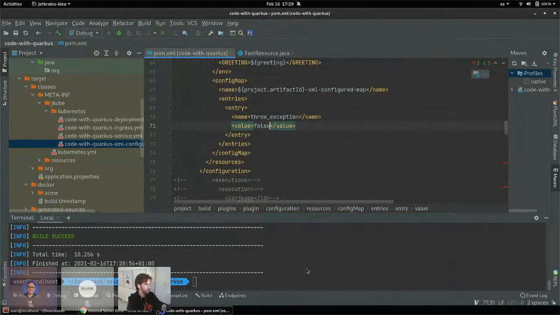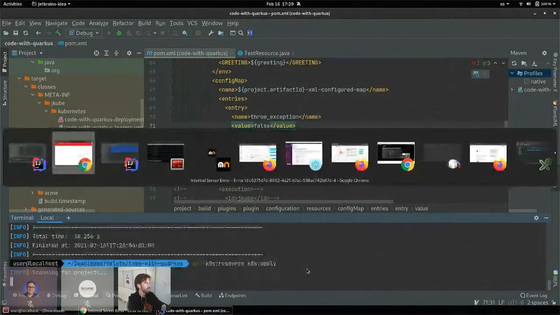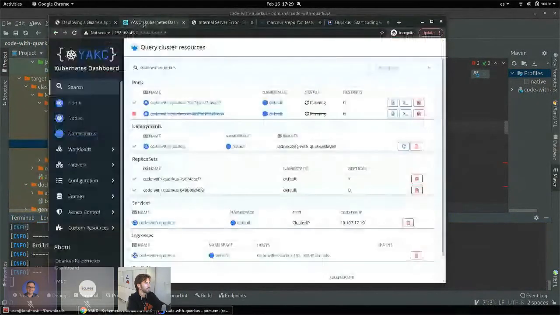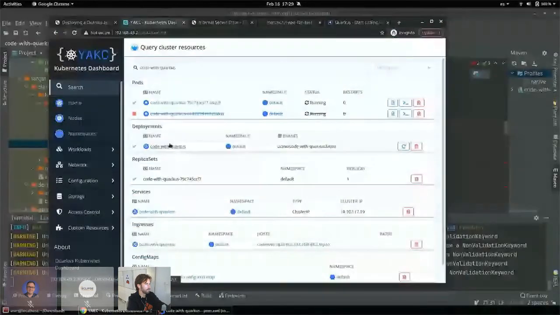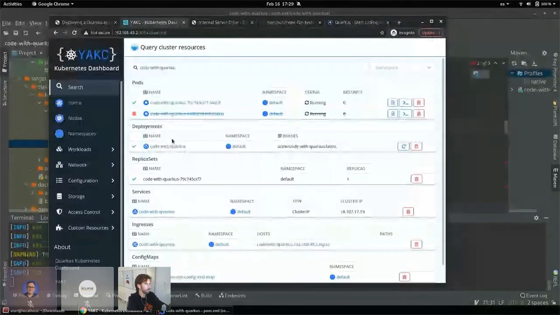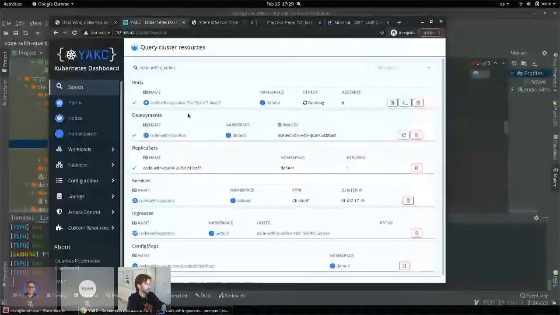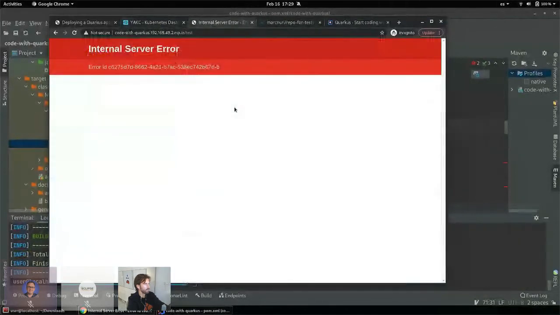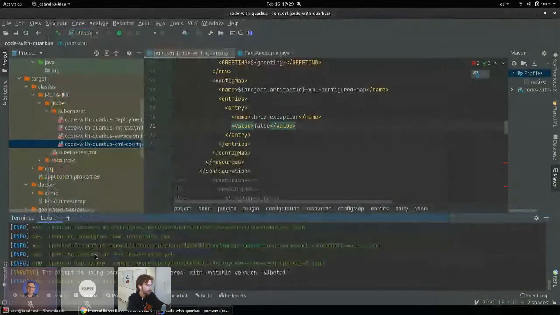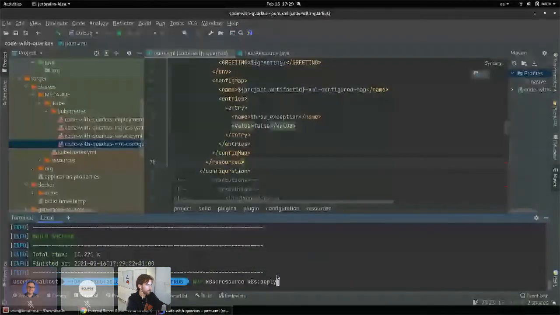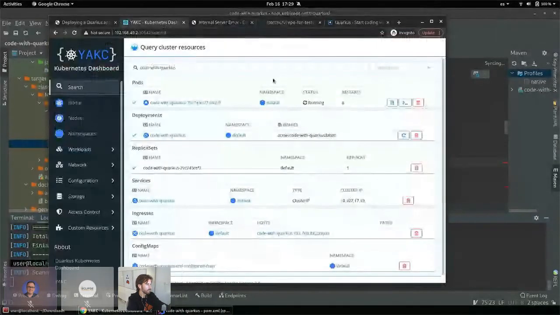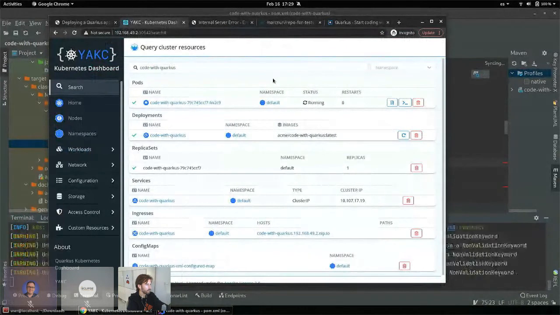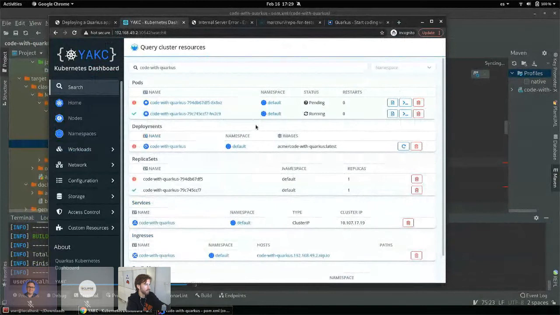So if we repeat, the exception should be gone. It's not redeploying. I'm going to trigger the redeploy manually, but